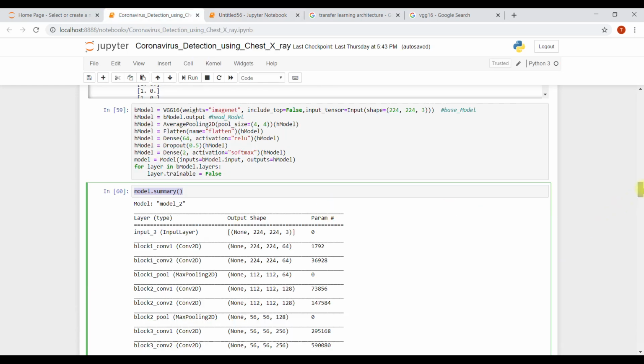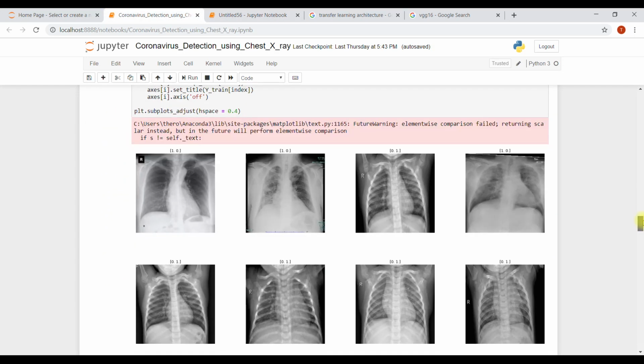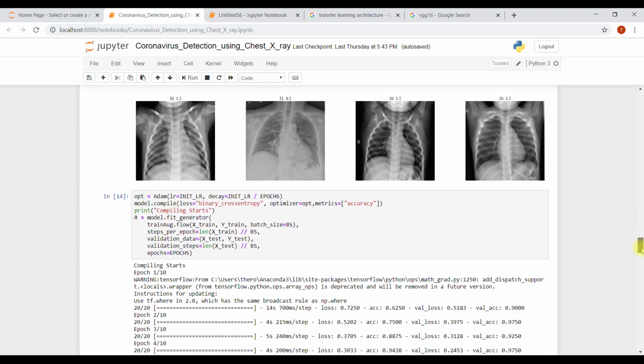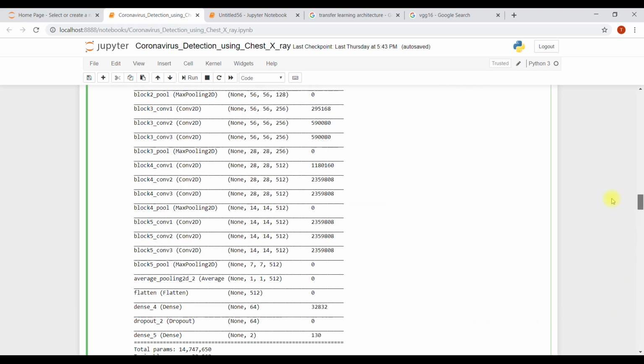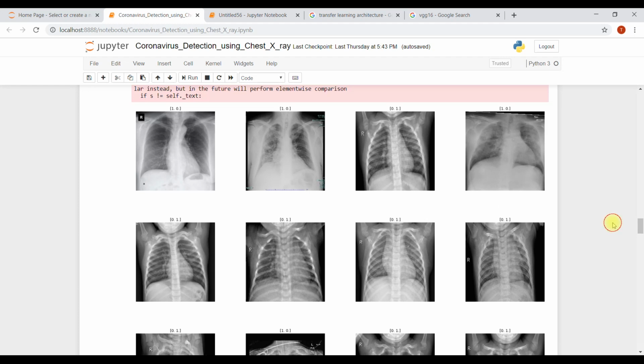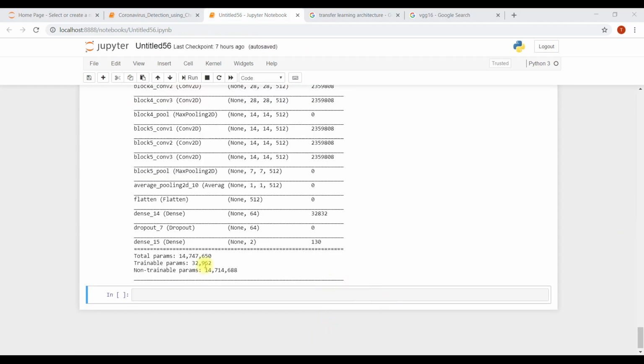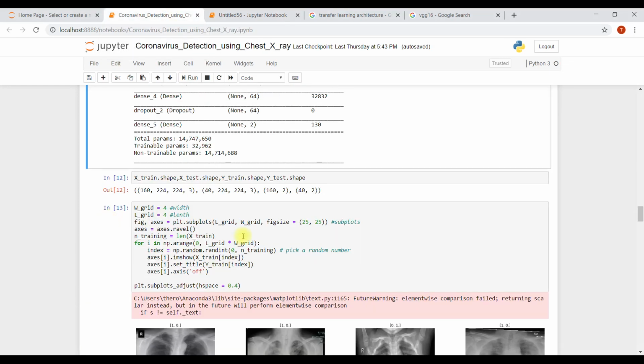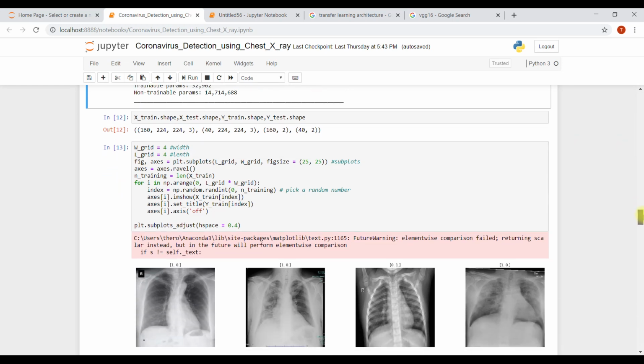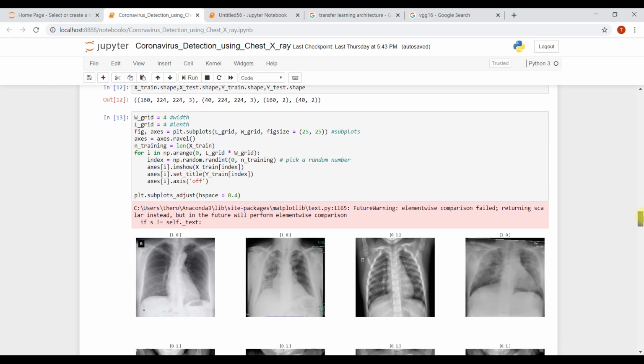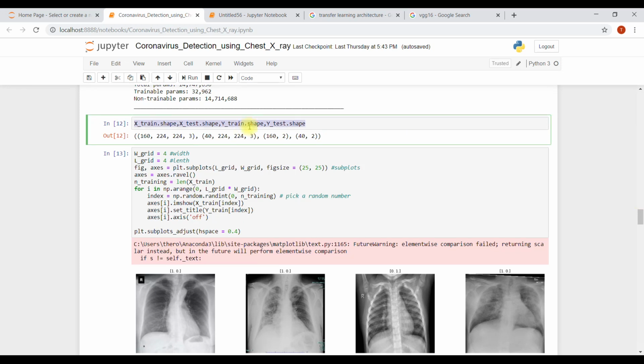Now making the neural network is completed. Our training model is ready. First, you can see the shape of X train.